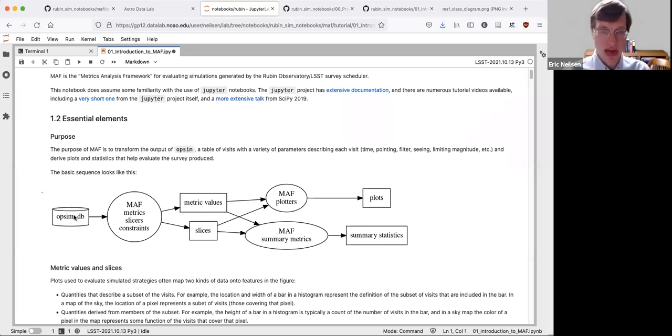Ultimately, by itself, that's not very interesting to look at. What you want is some way of getting a handle on how good those visits are for your science. And there's two ultimate outputs that are important. You can make plots that represent bunches of visits in ways that make sense to understand visually. There are also summary statistics, which are individual scalars that provide some human interpretable information on the quality